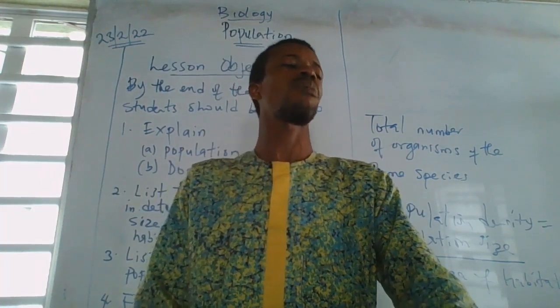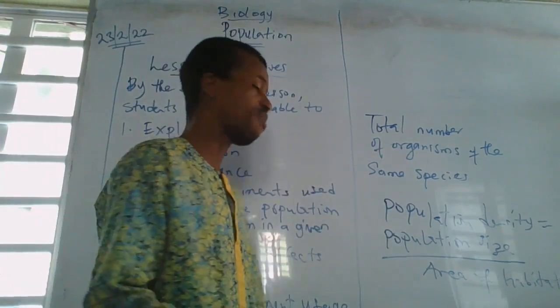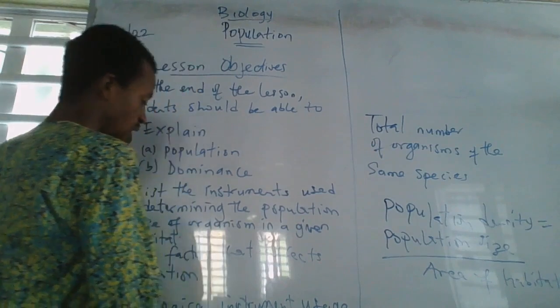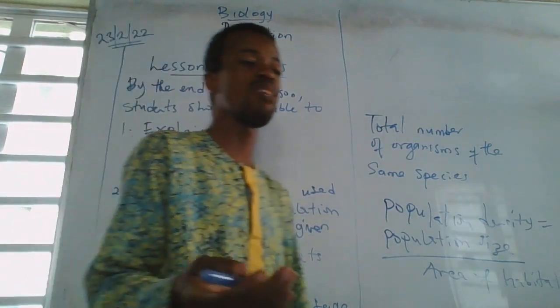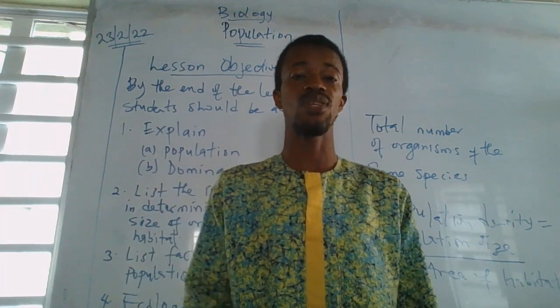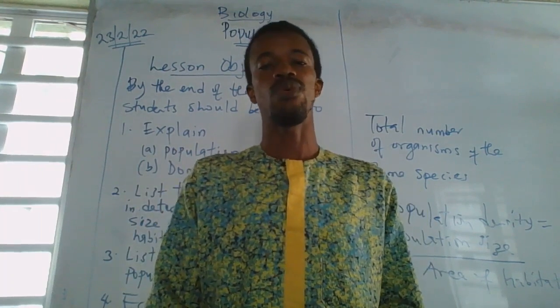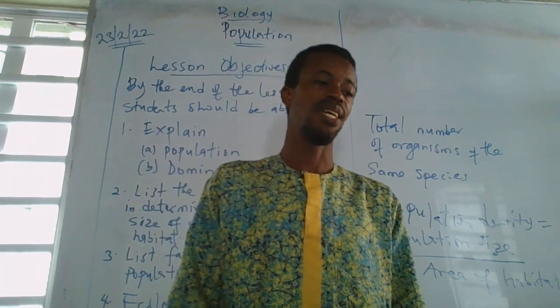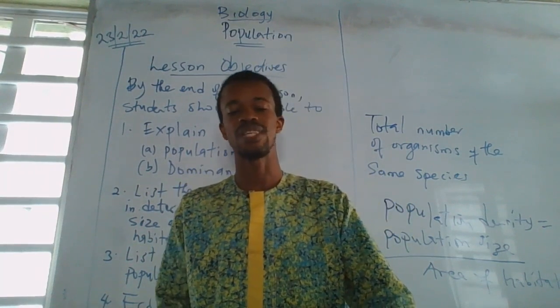So then lastly, I want to talk about the measurement of ecological factors. How do we measure ecological factors? Using ecological instruments. We have so many ecological instruments, but I'll just list them. In the previous video, maybe I'll attach their diagram and we can use it to understand. So we have the photometer. This is what we call the light meter. It is used to test for